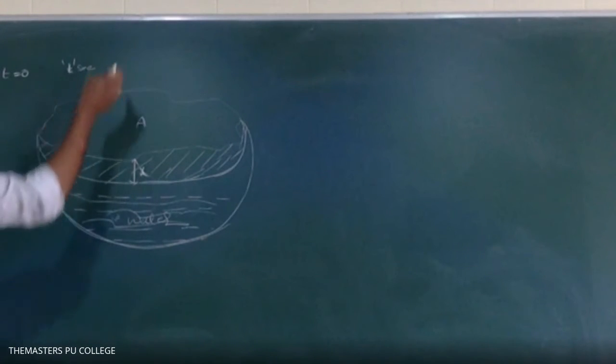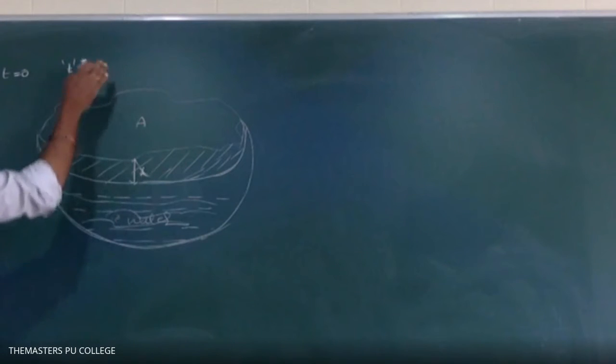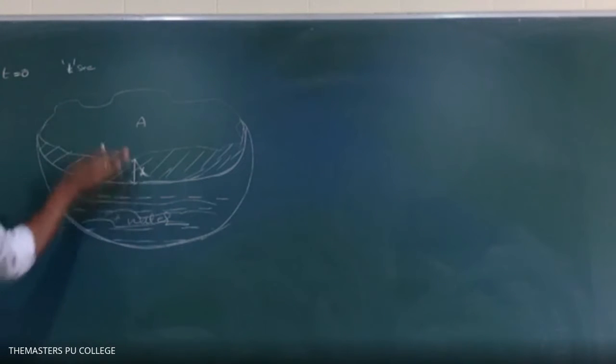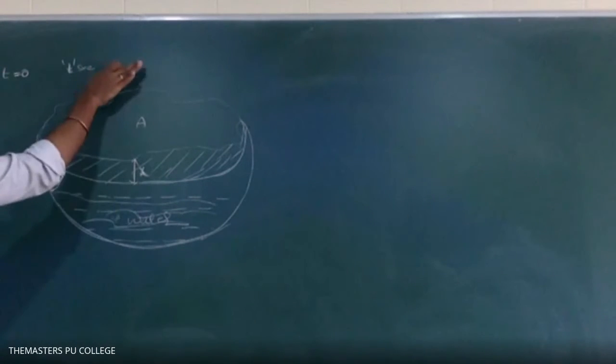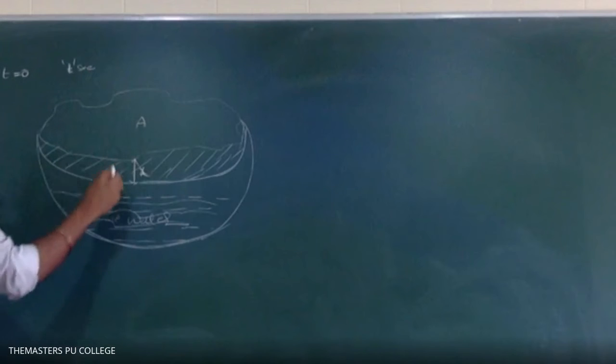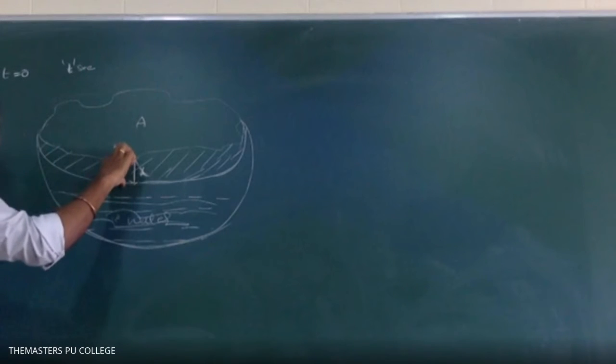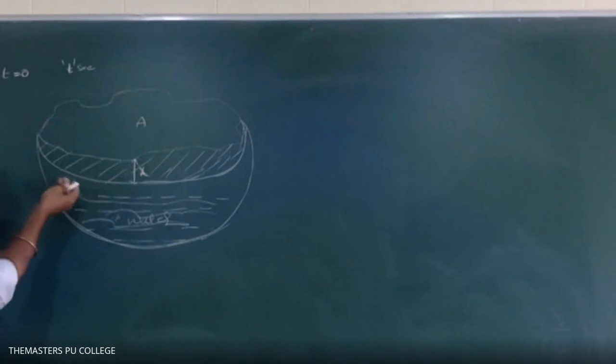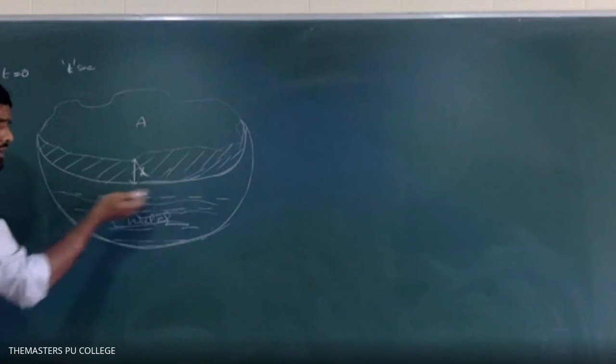So because of the temperature difference, heat will flow from high temperature to low temperature, which means heat has to flow from this water into the atmosphere. Through what does it have to flow? It has to flow through this ice layer. So through this ice layer, heat has to flow out into the atmosphere. Then only the water under the ice layer starts freezing.